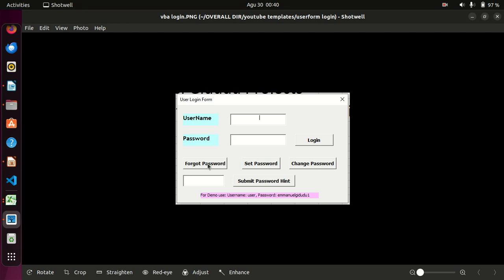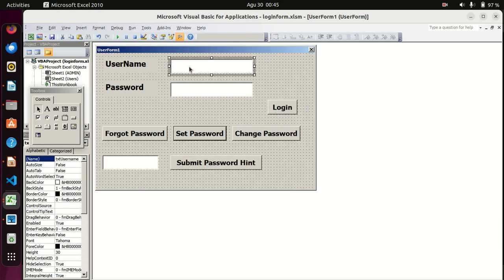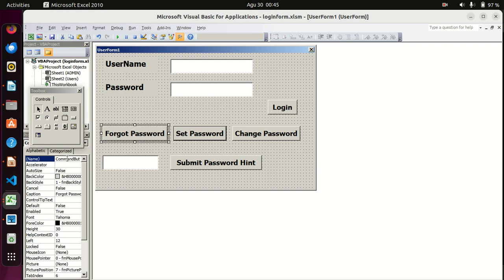The forgot password button, set password button, login, change password, then submit password hint, then the text box for the password hint. Then we shall proceed from there. Remember, I had named this as txt username, txt password. Come and also name this to